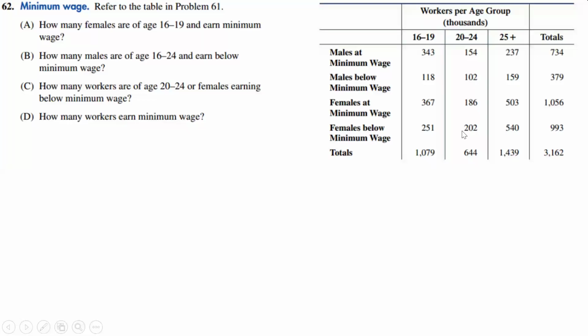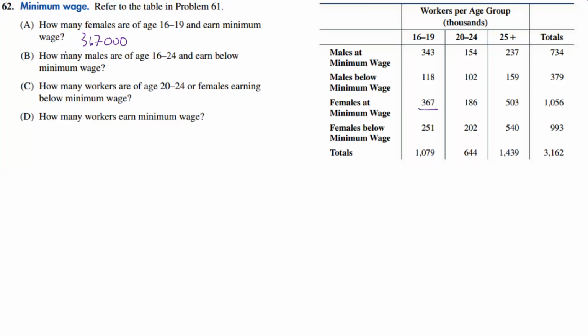All right, so we're supposed to refer to this table. It says, how many females are age 16 to 19 and earn minimum wage? All right, so females earning minimum wage that are 16 to 19. Females minimum wage 16 to 19. So it looks like 367. And so that's going to be actually in thousands. So it's going to be 367,000